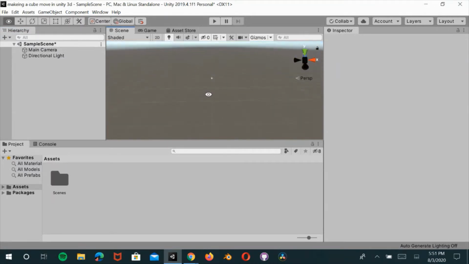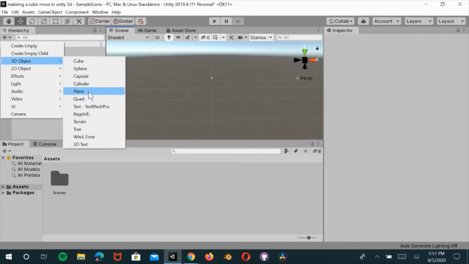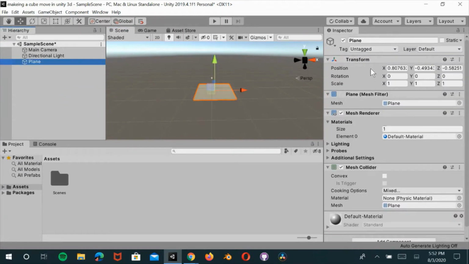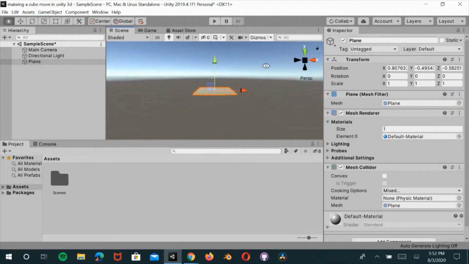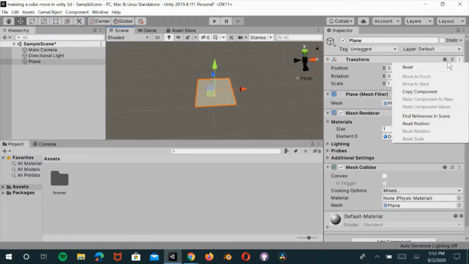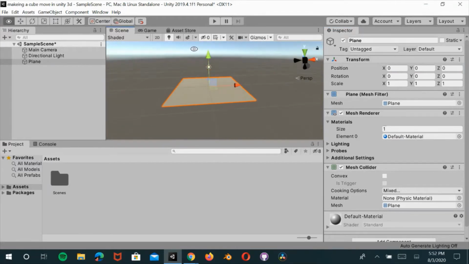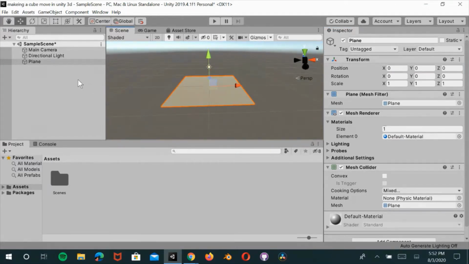So first we need a ground. Click the plus button and 3D and plane, and it's somewhere around the 3D space. So you click on the three dots and click reset, and it goes right in the center of the world. And then